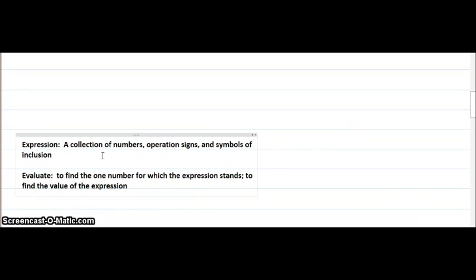If you were to see a collection of numbers, operation signs, and symbols of inclusion with an equal sign, you would not have an expression. You would have actually an equation. And that difference is something that you do need to understand, and it does make a difference. We'll be using that throughout the year. Okay, and secondly,